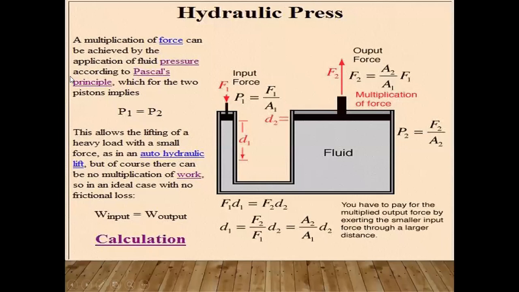Now, the hydraulic press is used to multiply the force. It means by applying a small force, you can make a large amount of force to do some work in the vertical, especially vertically upward direction, and that we call the hydraulic press. That is the application of the hydraulic press. It is based on the principle of Pascal's law. And Pascal's law explains that